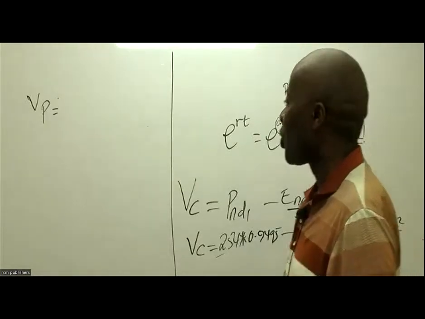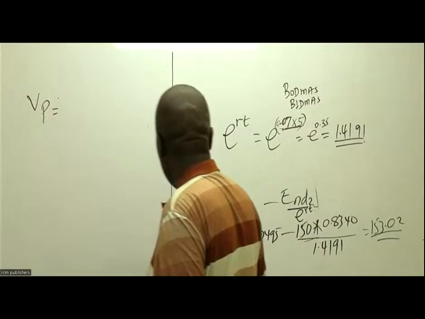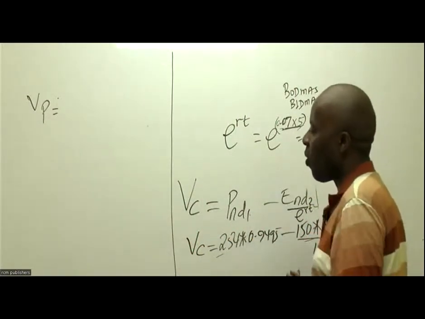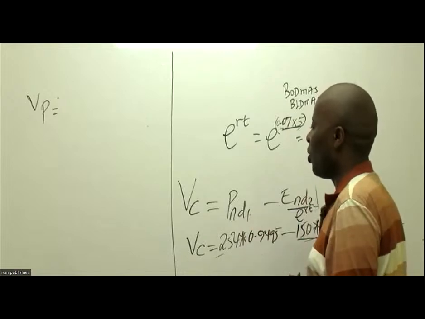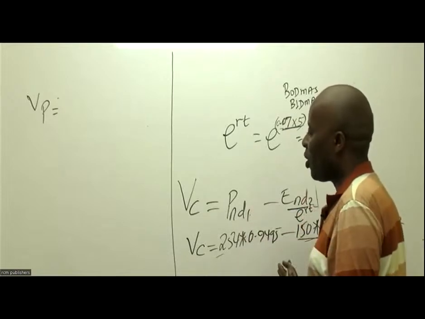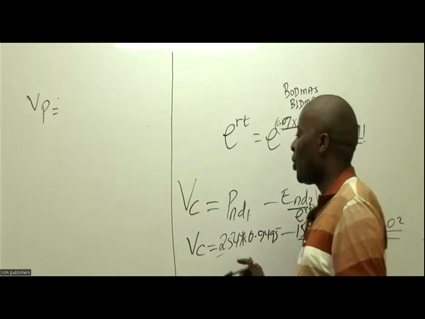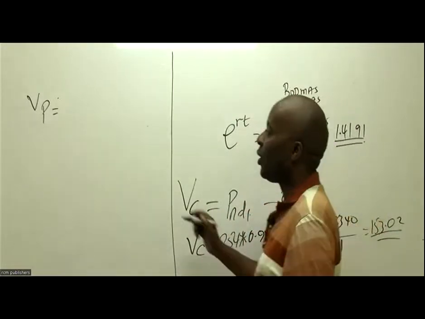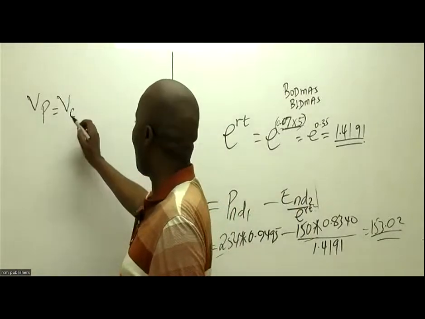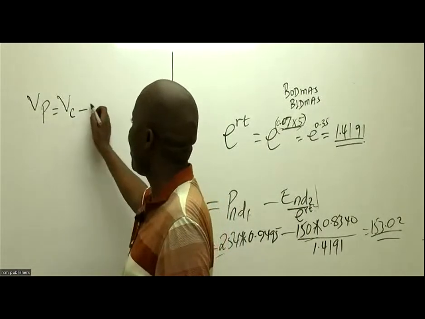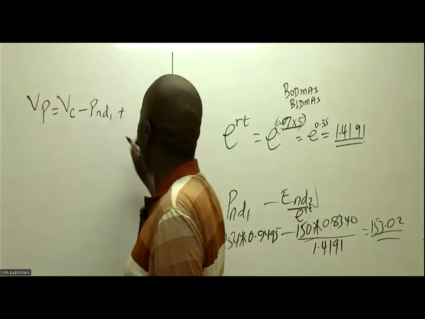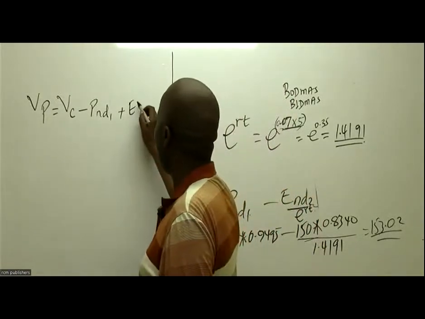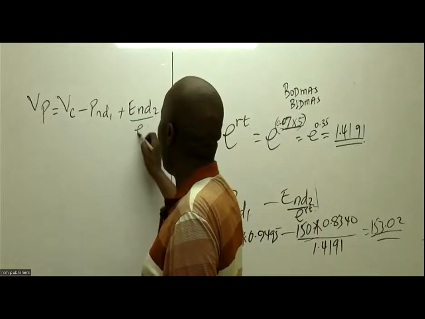Thank you so much. So anytime they tell me to get value of a put, this is how I master this. To get value of a put, you must give me value of a call. You must give me value of a call formula. When you give me value of a call formula, I'll come and take these terms to the other side. So then this will be value of a call, minus this P, N(d1), plus, this of course when it crosses over, it becomes a plus, E, N(d2) all over e raised to rT.